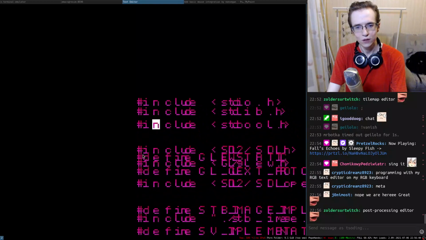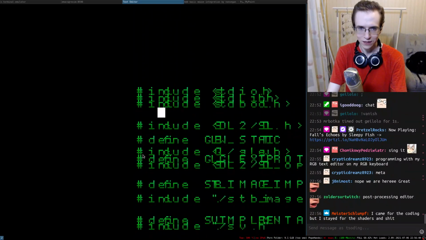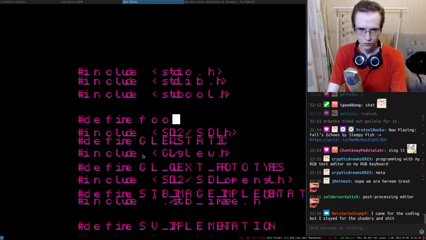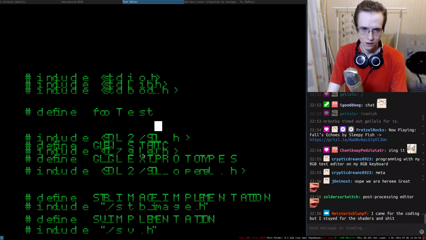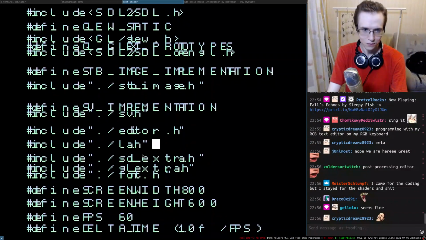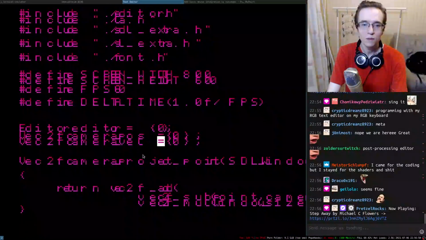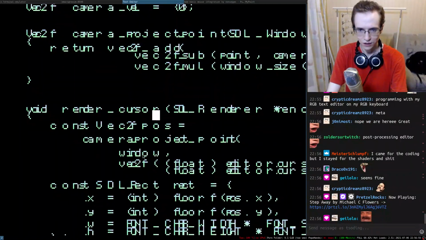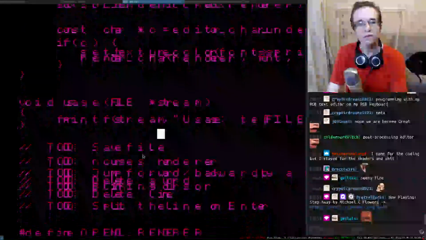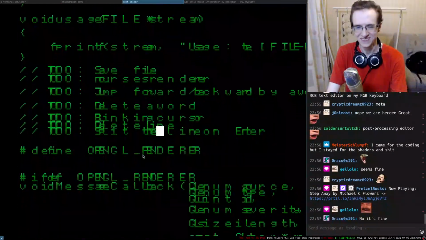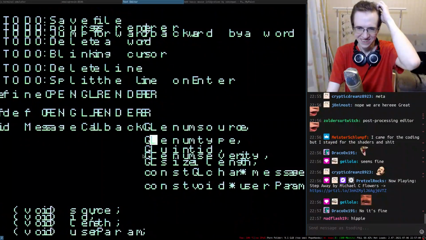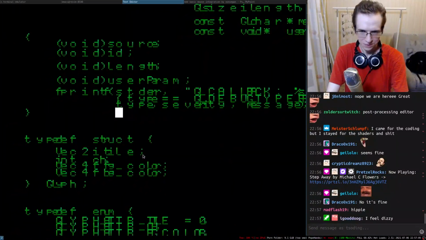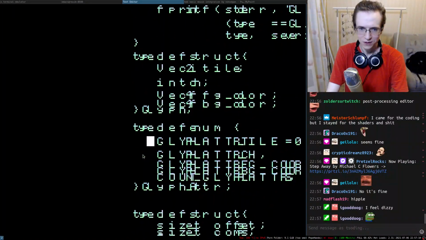All right, so can you edit stuff like that? You should be able to. So define foo test. It's kind of difficult to add this kind of thing, but it's usable, I would say. I think it's usable. So that's pretty cool.